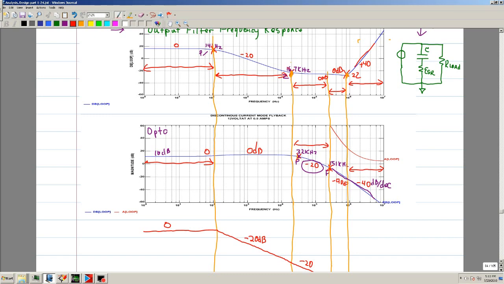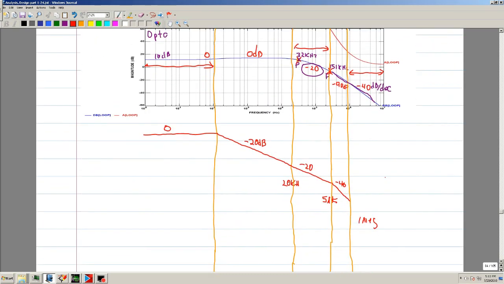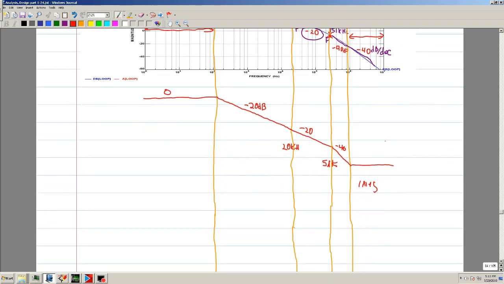So a positive 40 and a negative 40, you get 0. Okay, so this is important because this is what you're going to compensate. This is what you need. So this is your output filter and the opto. Okay,